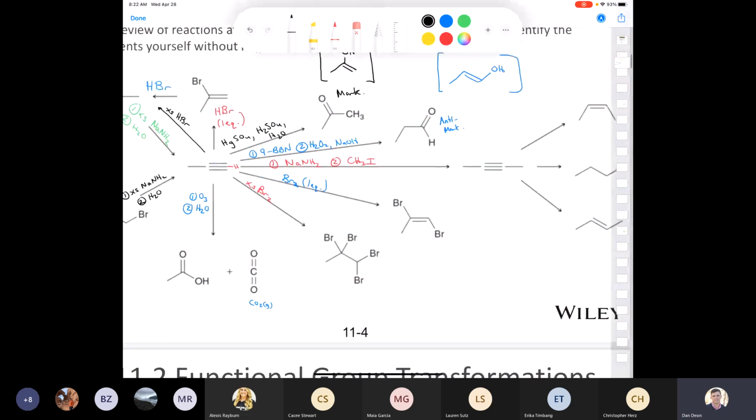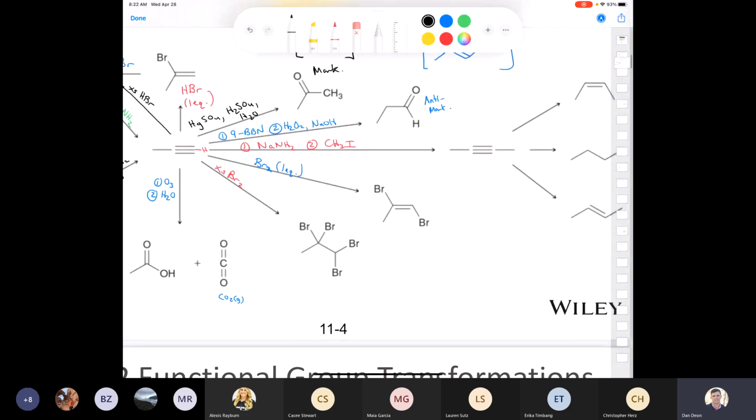Okay, let's take a look at the reduction conditions. Sorry, I kind of ran out of space here on my slide, didn't I? Anyhow, hopefully you can follow what's going on. If we want to take that, so this molecule is called 2-butene. If we want to reduce that to cis 2-butene, we want to use H2, so hydrogen gas, and Lindlar's